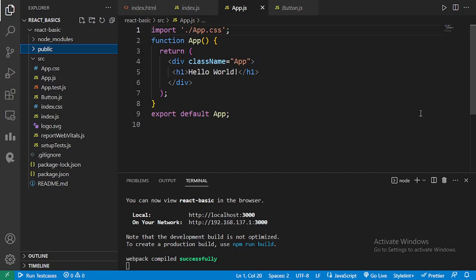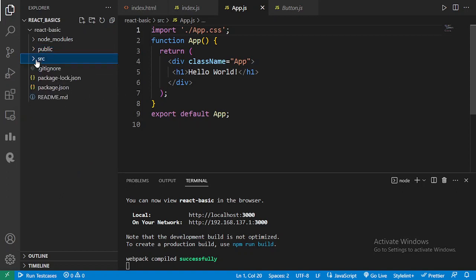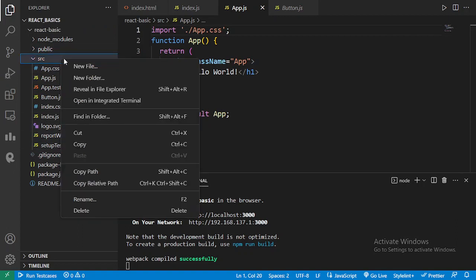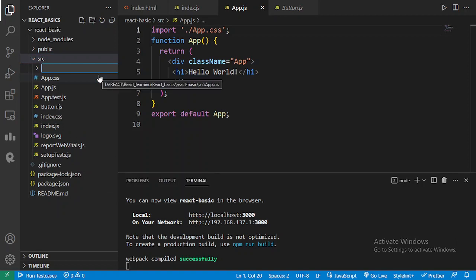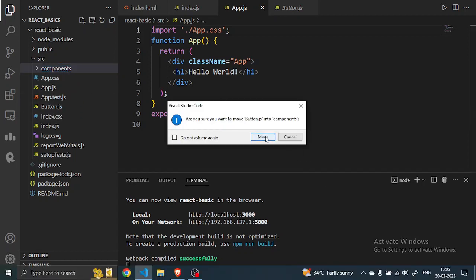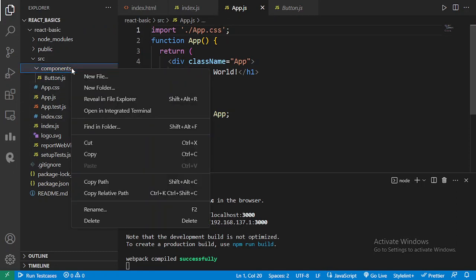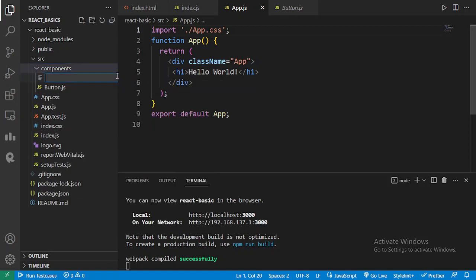Now let's go ahead. First of all, let us segregate the components that we're going to create inside a folder. So in the source, create a new folder called components. Every component that we're going to create, we'll place it inside the components folder. So let us create our first component. We're going to name it